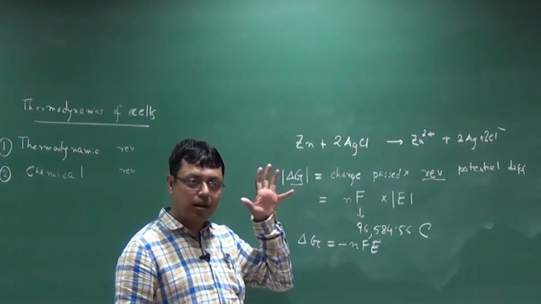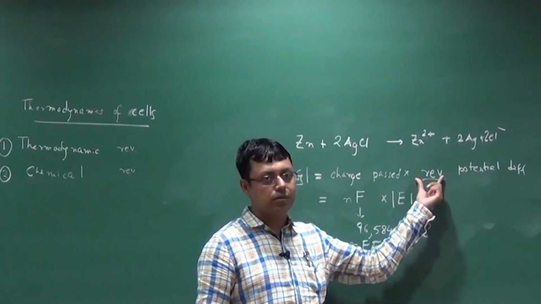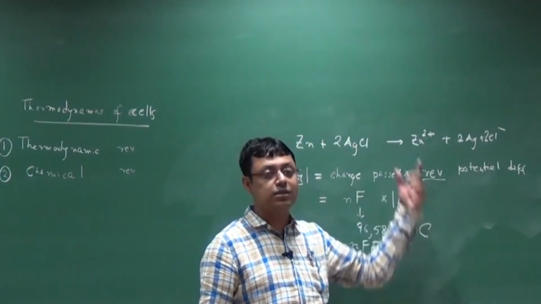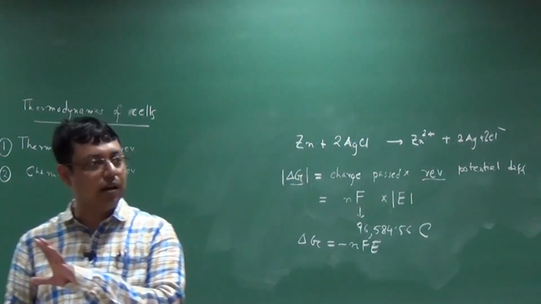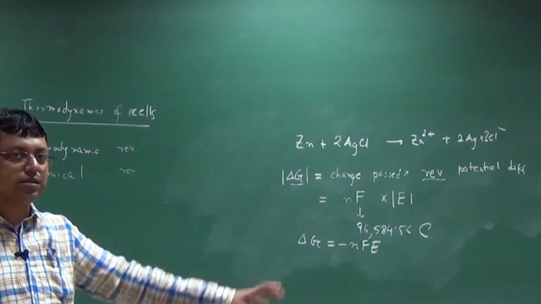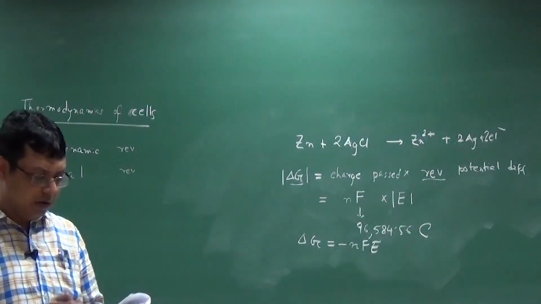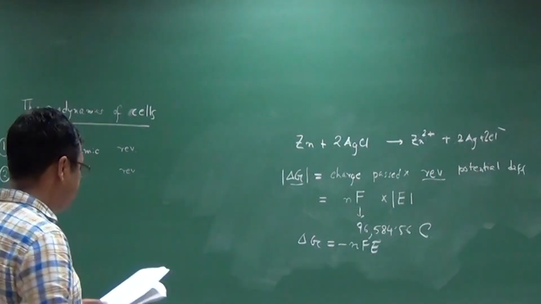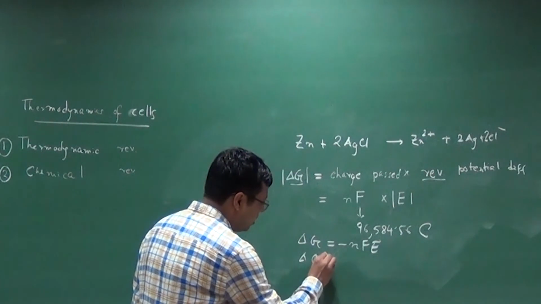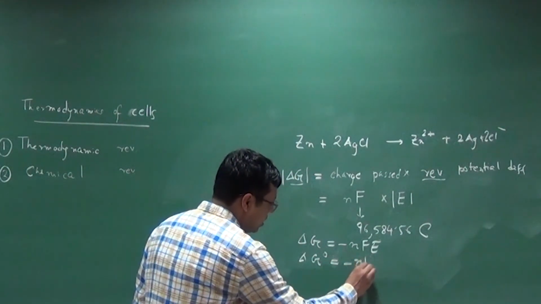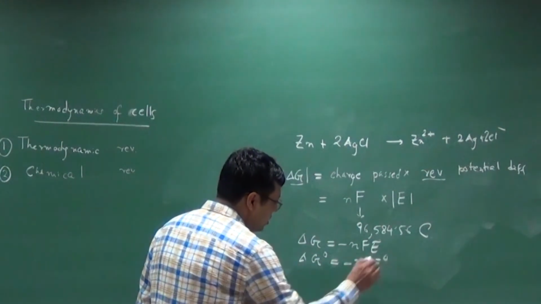All these discussions are possible if the process is reversible, which means the reaction also has to be reversible. For the irreversible reaction example I gave you, I cannot write all these things. So the moment we have it, we can have delta G is minus NFE, or if everything is done in standard conditions, I can use a similar notation. It is something like minus